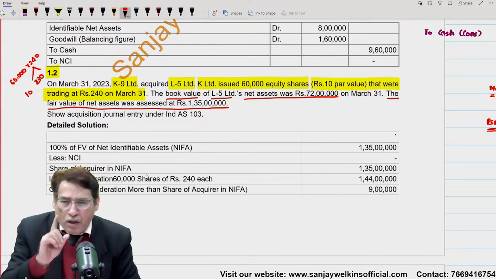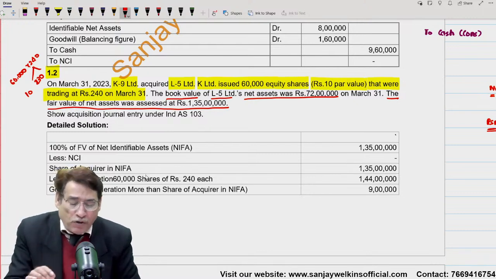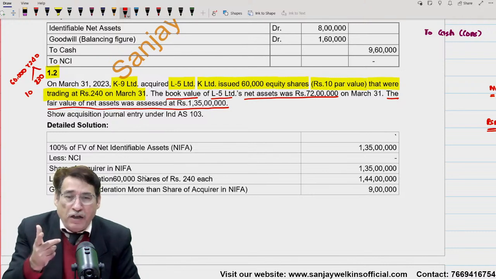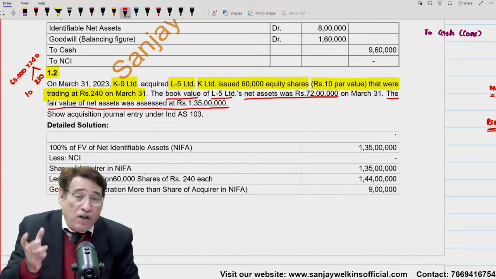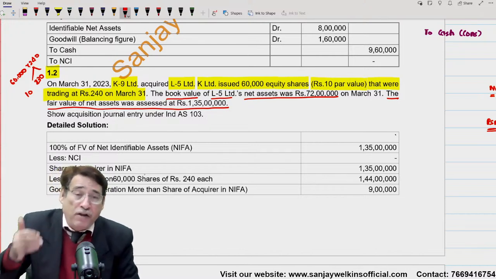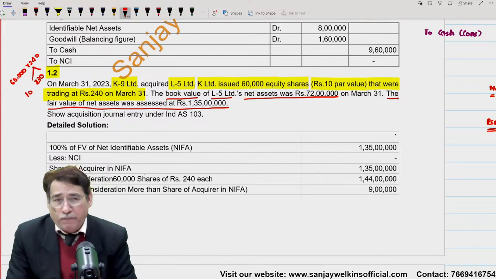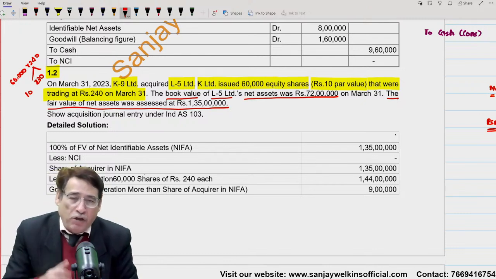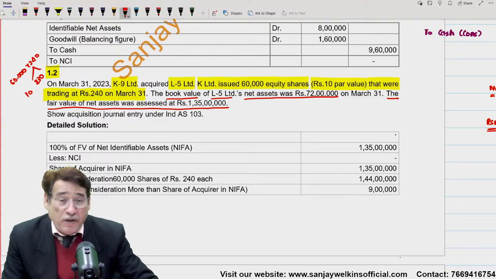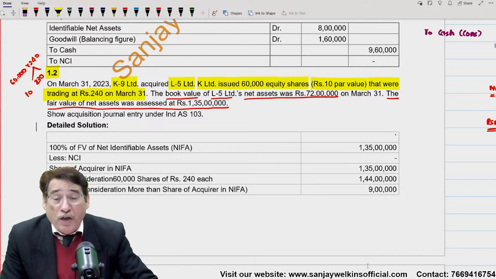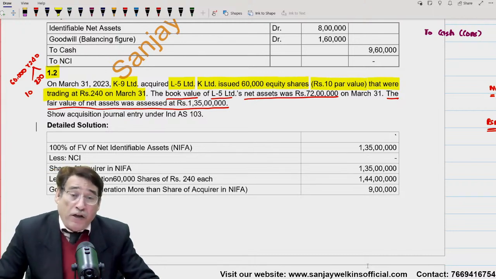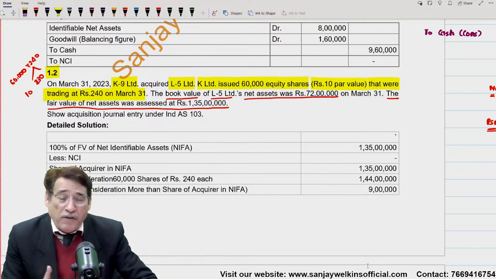Now quickly, without looking at the solution, within a flick of a second, let me see who gives me the answer. Now please tell me, what is the stake of the acquirer company in the acquired company in this question? In the last question, it was given that we acquired 100% control. Now, I would love you to actually give me the answer. What is the proportion of our interest in the acquired entity? 80%, 90%, 70%.